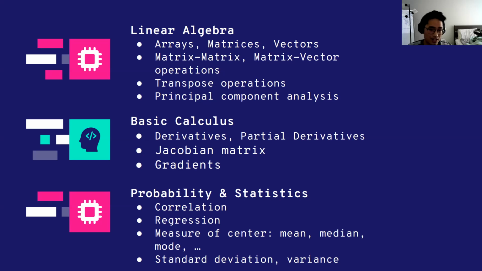And you have to learn the gradients. Now linear algebra is basically just understanding how matrices work, how matrix to matrix, matrix to vector, or scalar to vector operations work, and transposing operations. That's pretty important too. It's basically just flipping, exchanging all the values in the rows into the columns.